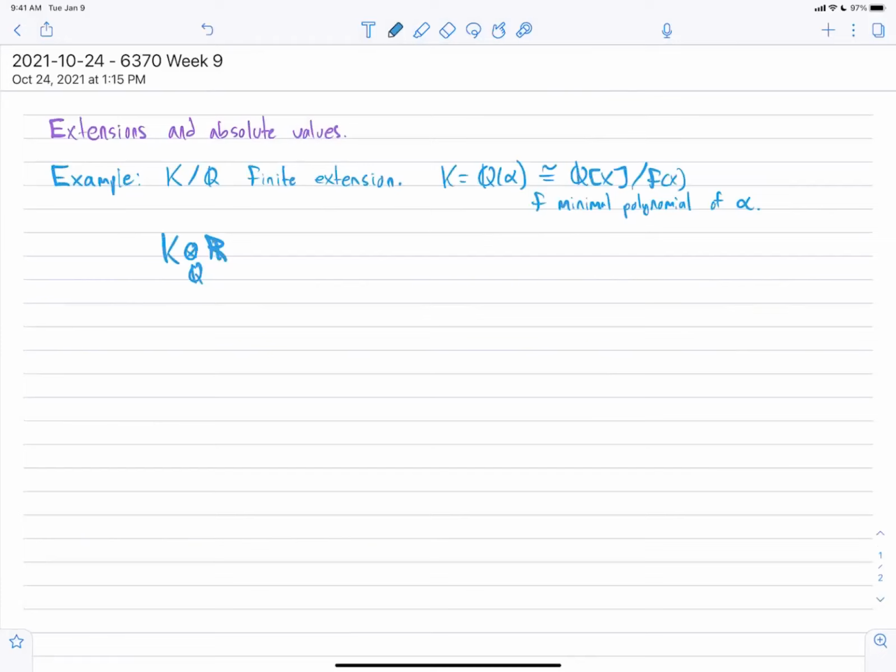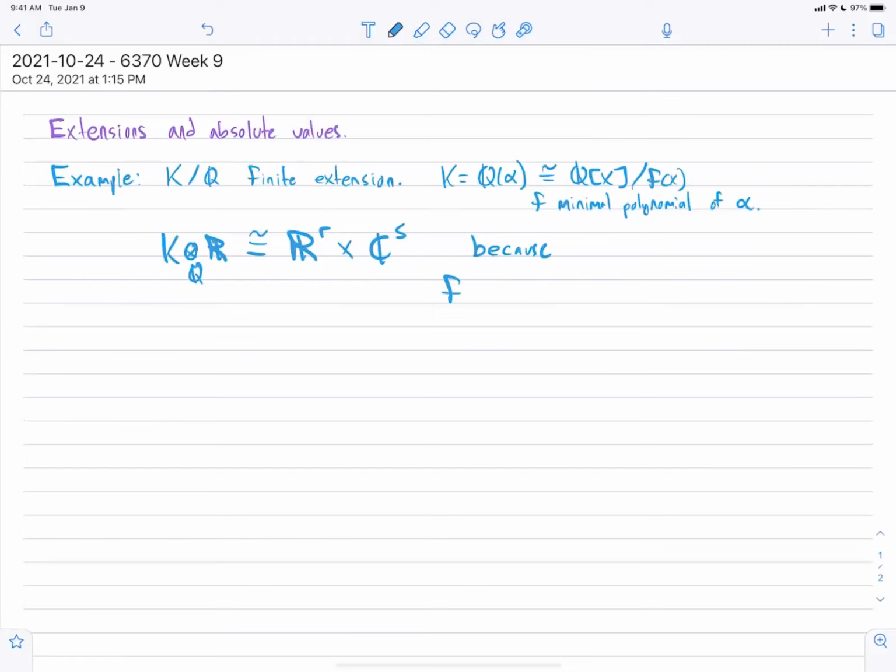And what made it accessible and useful is that on the one hand, this contains the ring of integers, the lattice. But on the other hand, it also has a simpler description, which is isomorphic to R to the r times C to the s, where r is the number of real embeddings and s is half the number of complex embeddings. And the reason for this was